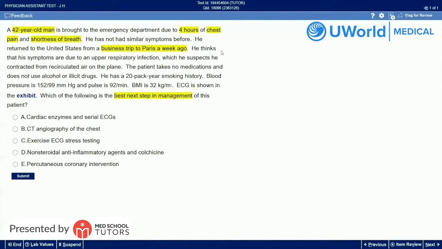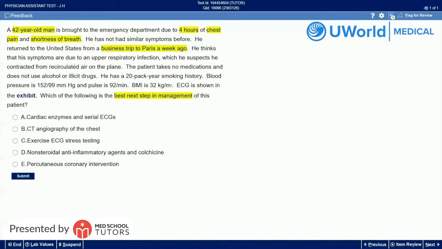So we have a piece of information that points directly at one of our differential diagnoses, pulmonary embolus. That being said, we cannot choose that as our answer just yet. There's a lot more information for us to read through first. So we'll continue to read through the vignette and see if there's anything else that becomes more likely as we go. So they tell us he thinks that his symptoms are due to an upper respiratory tract infection, which he